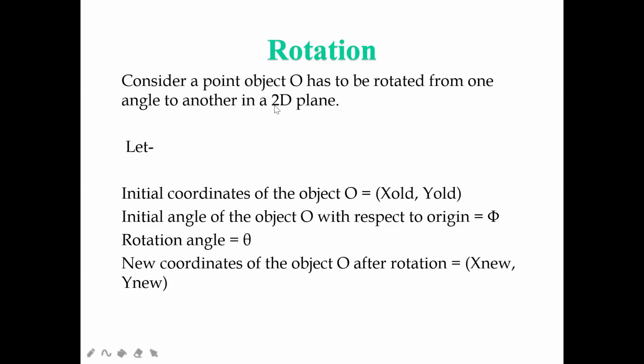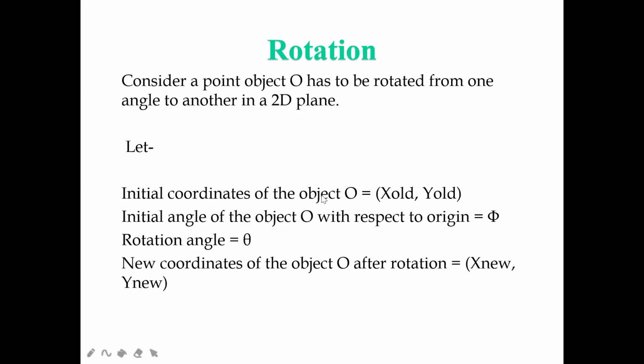Let's consider an object that has to rotate from one angle to another angle. Just remember that the object we are going to place is in a 2D plane. Whenever I want to move an object from one place to another place, I definitely need the angle value. So here in rotation, I have to use the theta value, and using that value I will see how my object moves from one place to another. All the objects will be in your 2D plane.